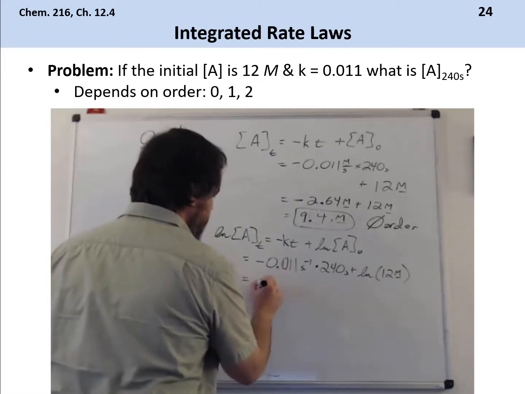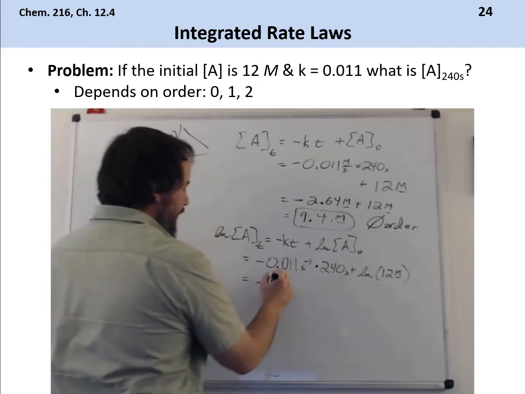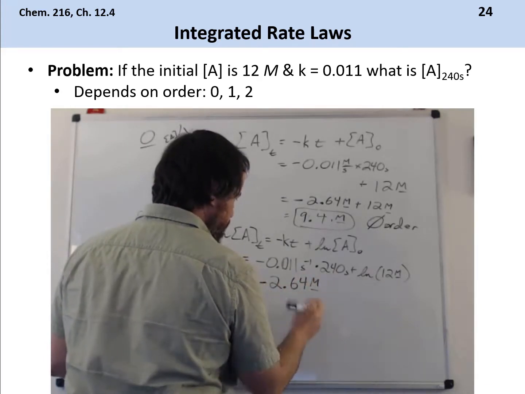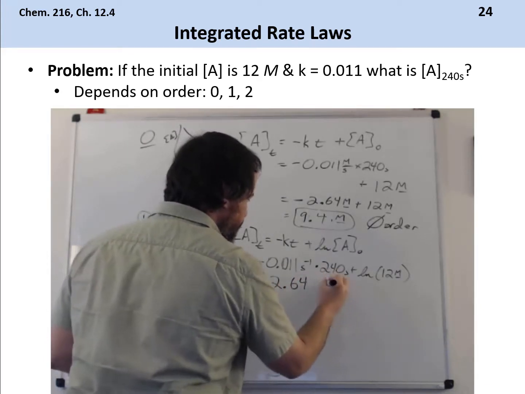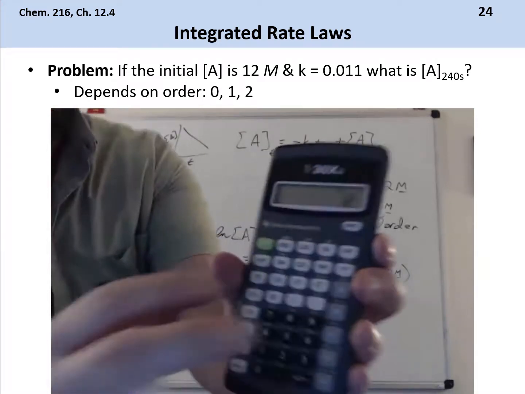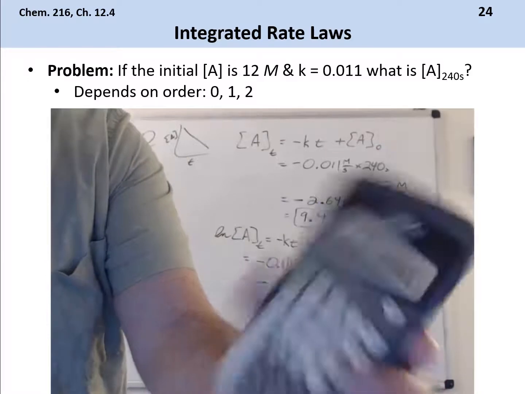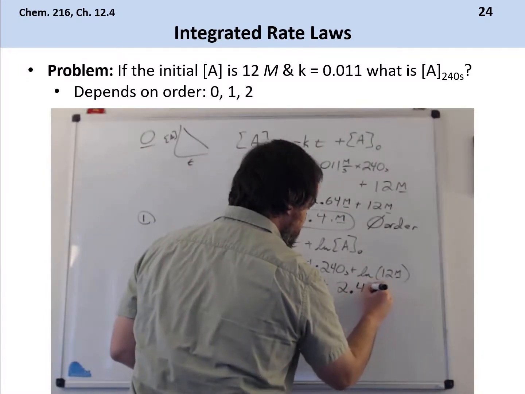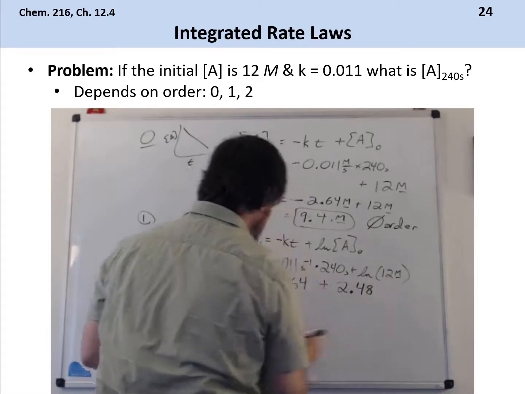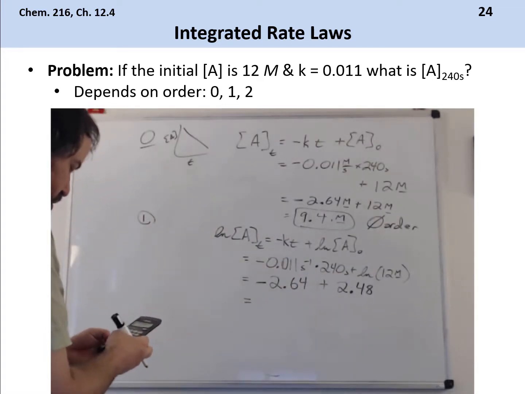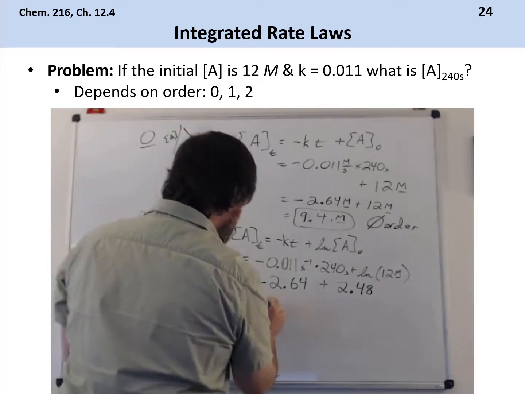negative 2.64. Remember that negative, that's going to be important. Plus ln of 12. I take 12, I hit the ln key, and I get my answer, 2.48. So when I subtract these off, I get negative